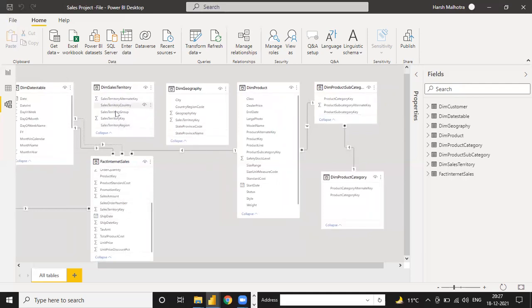But if you connect this sales territory, it means under this sales territory you have geographical. So you have an option: either you can connect with the sales territory or you can connect with the geographical. Or, if you don't need to connect with the geographical, then you can connect geographical to sales territory with an inactive relationship, and then sales territory to the fact relationship as an active relationship.